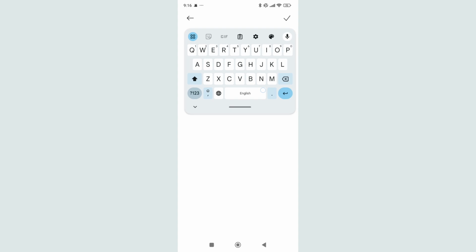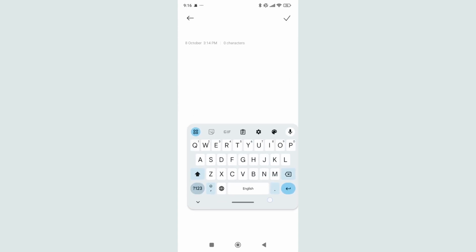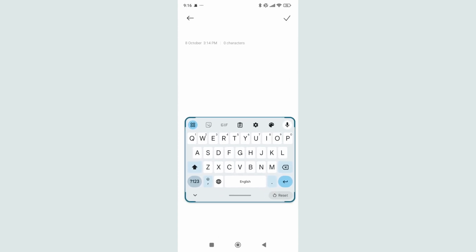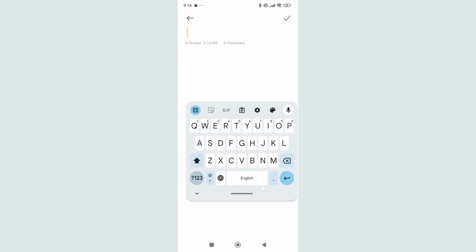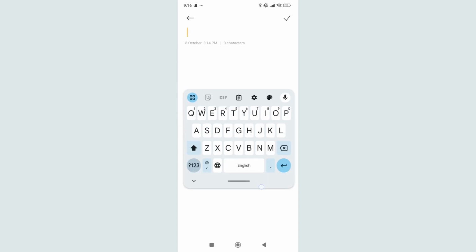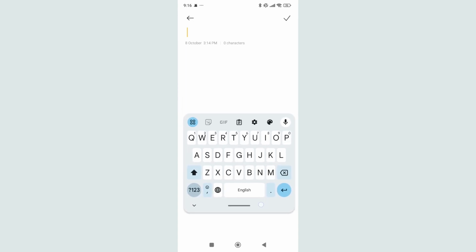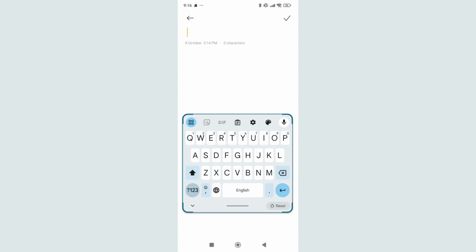You can move it from one place to another place. Here you can see you can resize it. Also you can move it from top to bottom, any place. So here is the option to enable the floating keyboard, and right now if you just want to disable this floating